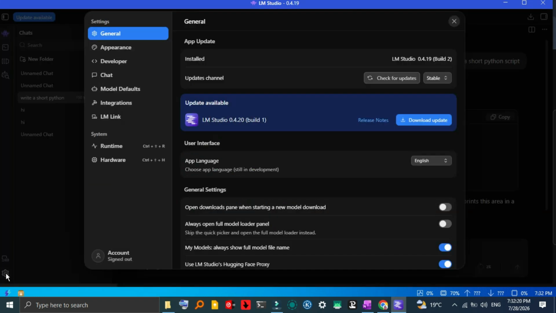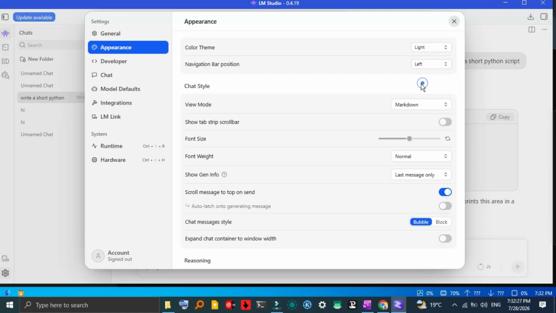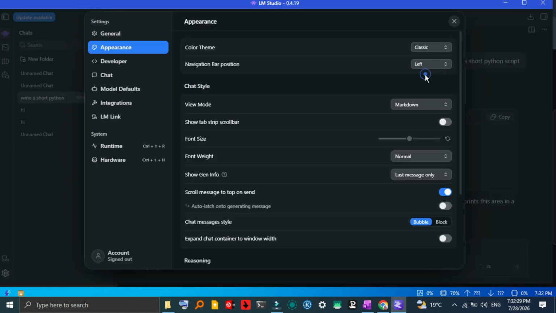Alternatively, you can change your theme through the main settings menu. Look at the bottom left corner of the LM Studio window and click on the gear icon to open settings, or simply press Ctrl+, on your keyboard. Inside the settings page, navigate to the user interface tab. Right under the appearance or color themes section, you will see a drop-down menu where you can choose between light,